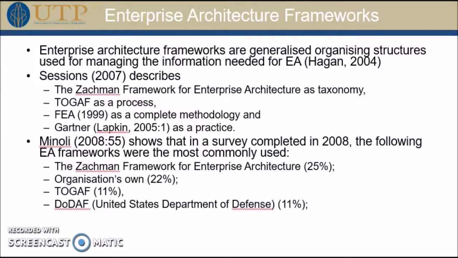So those levels are basically the elements or the components and or the concepts, and these concepts actually have relationship between one another. So by definition, EA frameworks are generalized organizing structures used for managing the information needed for